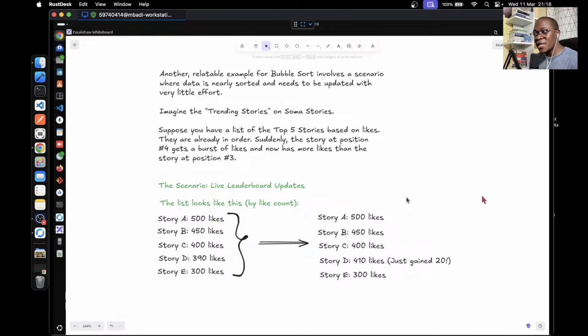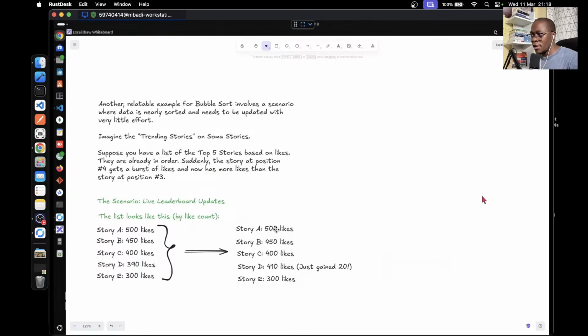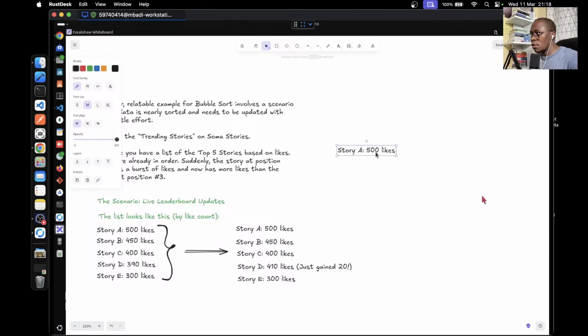It could be alphabetically or it could be by a given value. So, for example, if you have a list of names here, you have Moses, Zebediah, you have Alfie, you have Luna, you have Kimani.